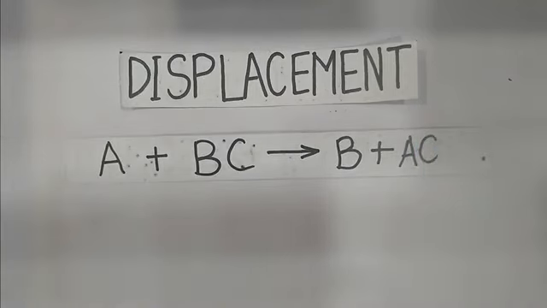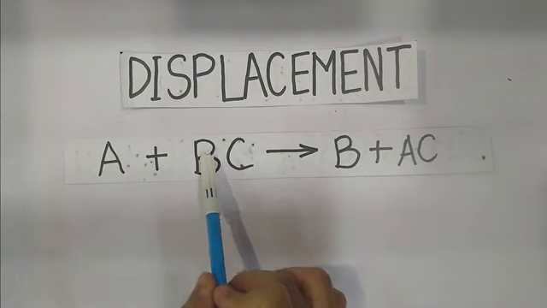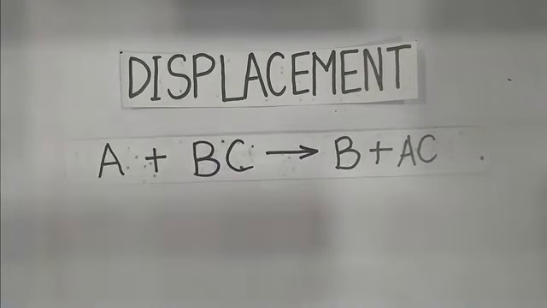You might also ask me why A is not combining with B instead. Why is A not getting attracted to B? Now that is because the compound BC was formed only because B was positive and C was negative. So this is going to happen to most of your compounds here. Whenever they are formed, one of the elements of those compounds was positive and the other was negative. And you surely know that opposites attract. The opposite charges, plus and minus, attract each other, and the same type of charges repel each other, which means they get away from each other.